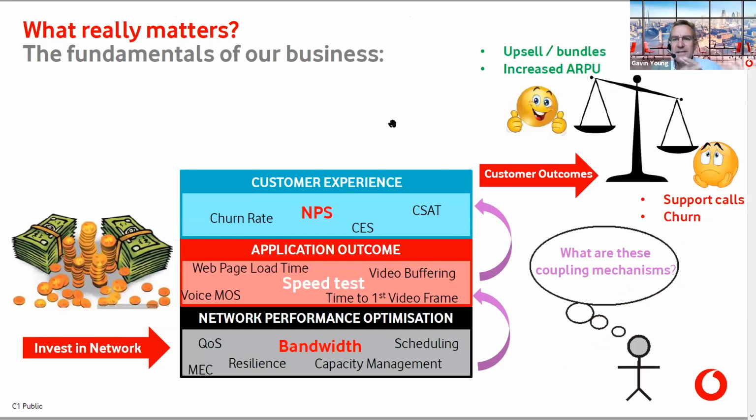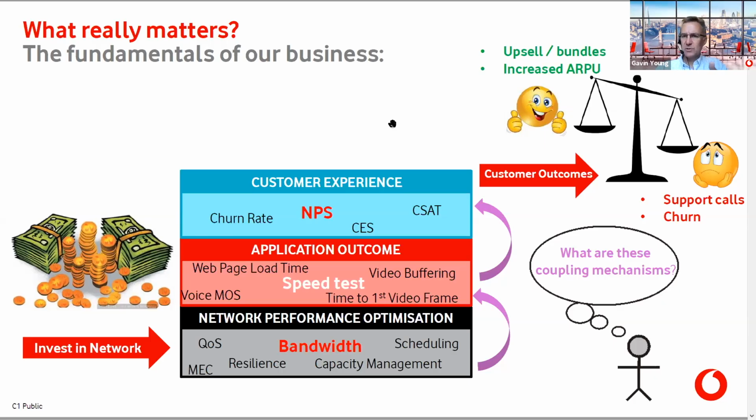So if we look at the business model on a page of a broadband network operator, if we start at the bottom left there, network operators invest to build networks. They build out coverage, but also a key ongoing investment is capacity and bandwidth, making those networks faster to cope with not just more customers, but new and demanding services. So that's the fundamental investment.